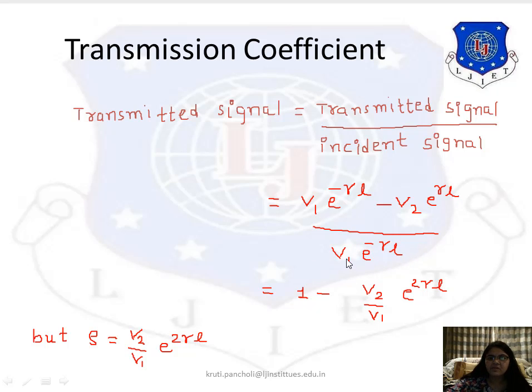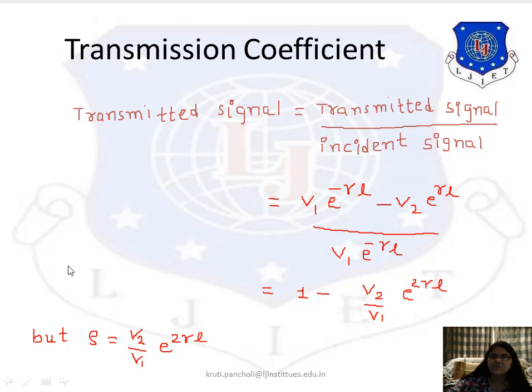upon V1 e raised to minus gamma L. So we'll take V1 in the denominator. So it is 1 minus V2 by V1 e raised to minus gamma L. So it is e raised to 2 gamma L. So it is 1 minus V2 upon V1 e raised to 2 gamma L. But what is this? It is the reflection coefficient. The transmission coefficient is denoted by tau, and it is